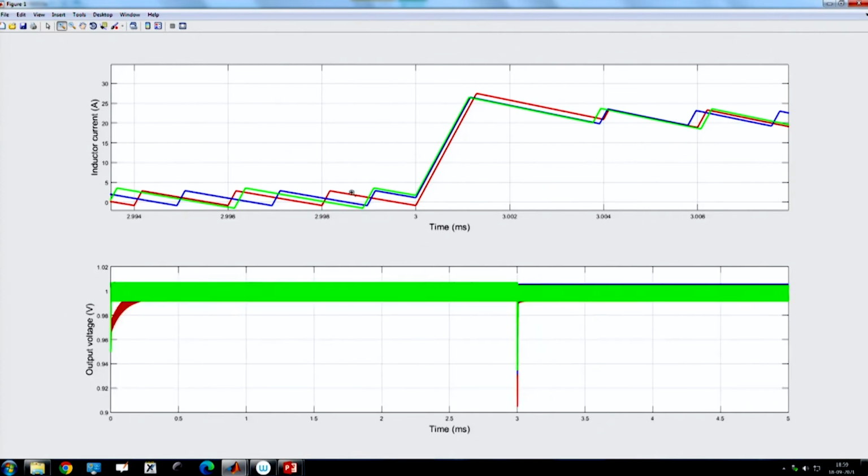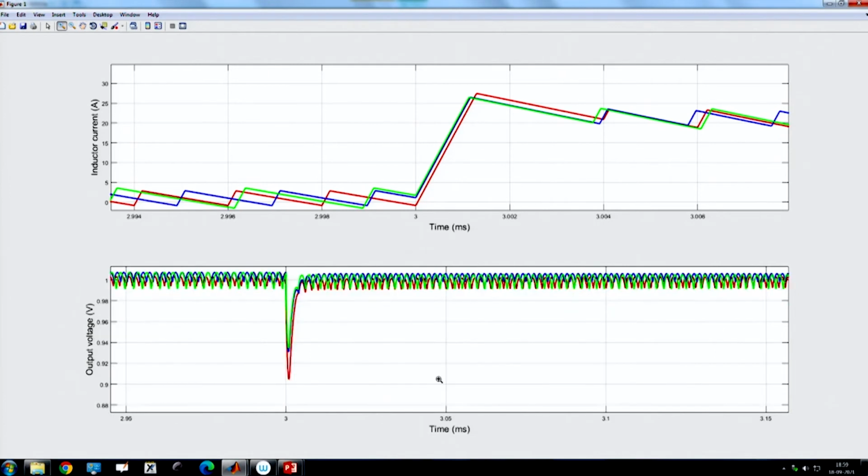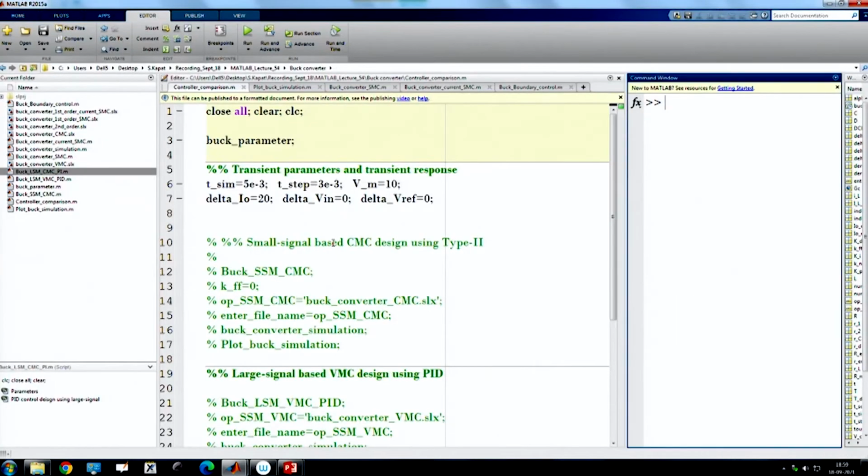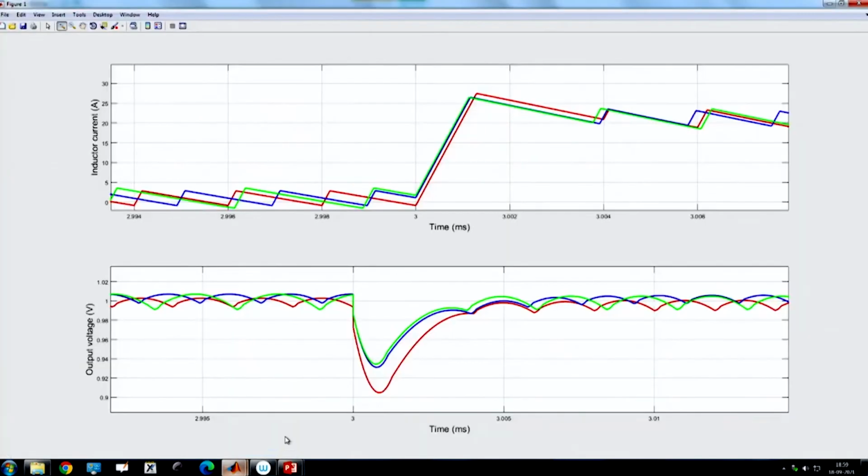So, that means the nonlinear control, where we are using current based sliding mode control with first order switching surface, and that switching surface slope is derived from the optimal criteria. Okay. So, this additional undershoot is coming here due to